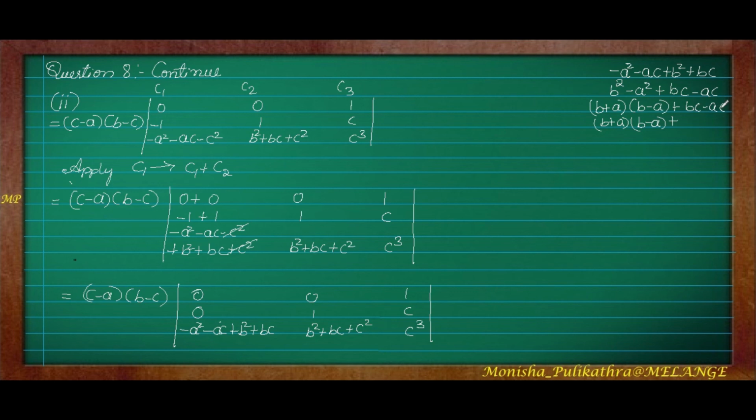Next, in these two we can see C is common here, right? If I take C common, the remaining will be B minus A. Next, in the whole thing you can see B minus A is common. Here also B minus A is there, here also B minus A is there. So if I take B minus A common from both the terms, then the remaining will be B plus A. Here, since I have taken B minus A common, the remaining will be plus C, right?